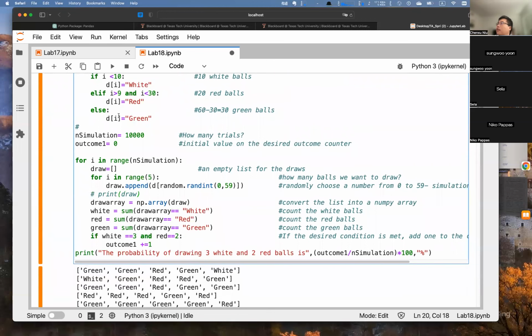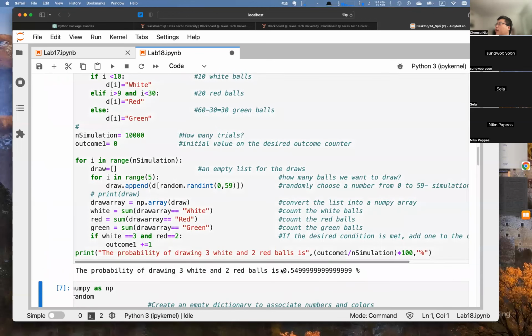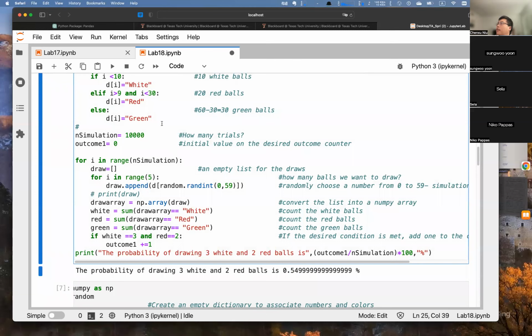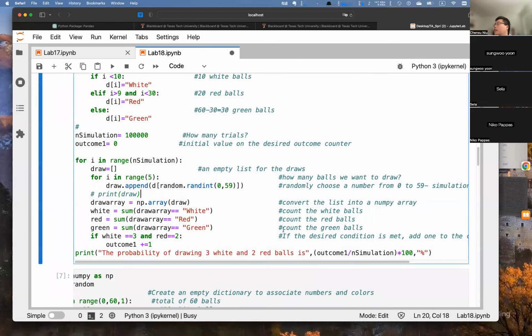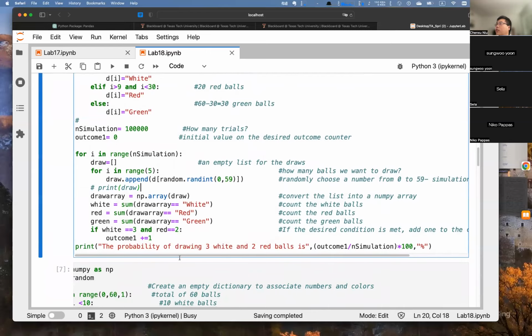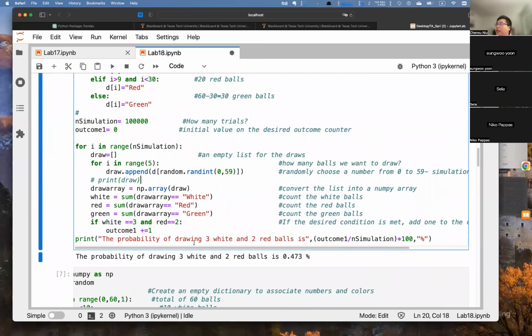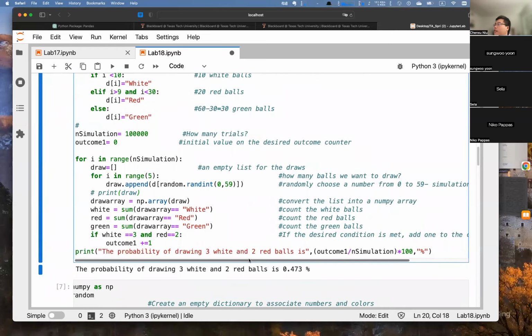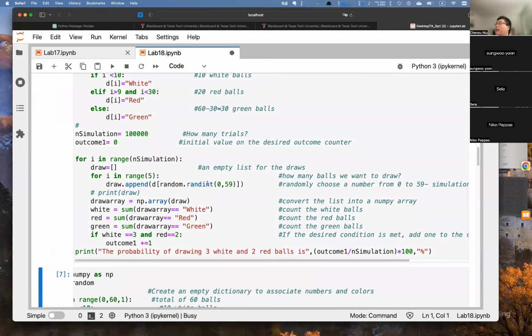And see here, it's very, very small, right? 10,000. Actually, you can set 100,000. And then you need to wait a little bit, maybe 10 seconds or 5 seconds. So you see here, run again. Okay. Yeah, so